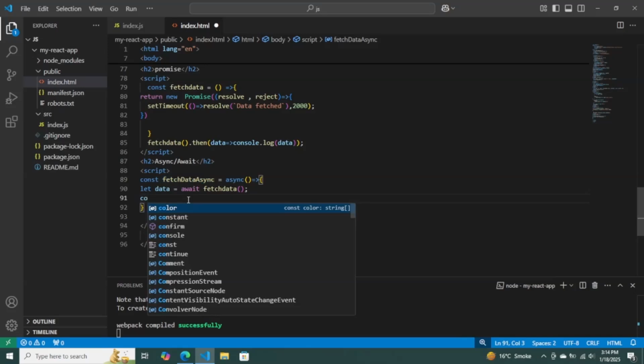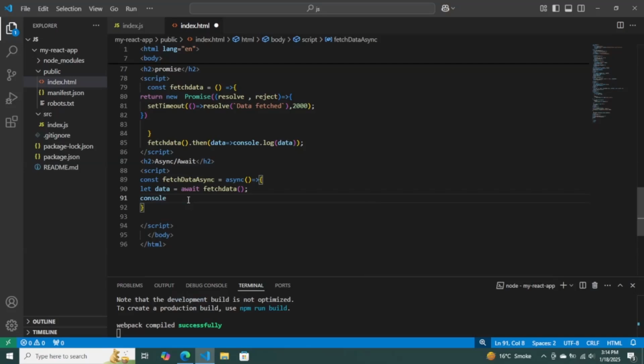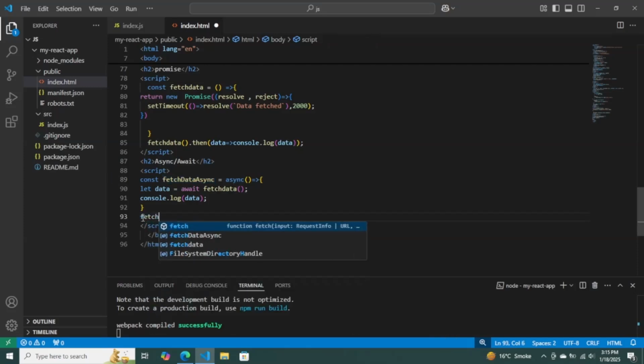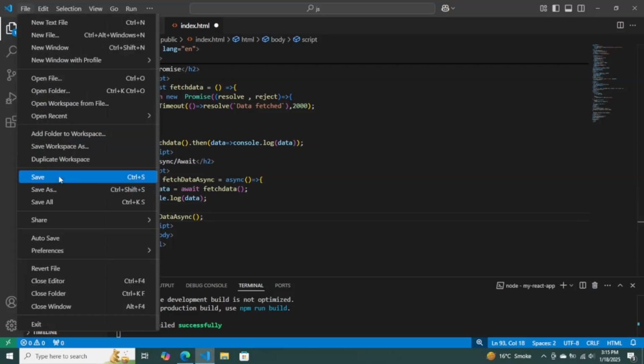console.log. First we use console.log parentheses and use variable init data semicolon, and use this variable as a function fetch data async, fetch data async parentheses semicolon, and save the file and see the result in